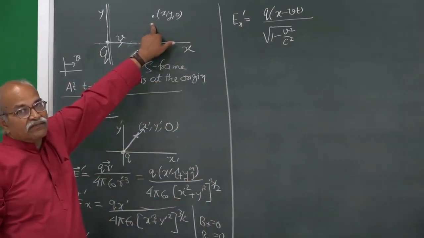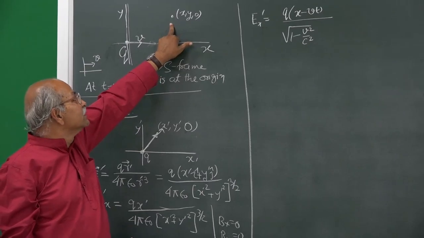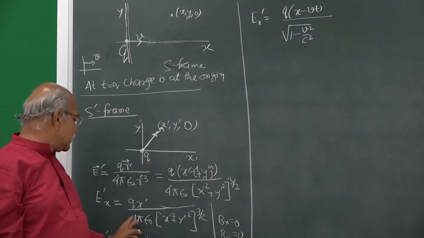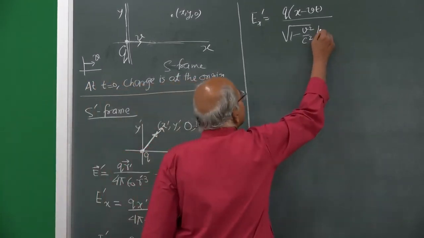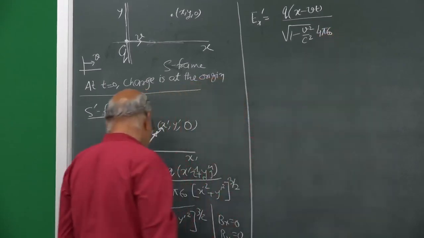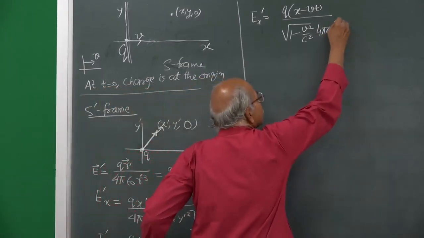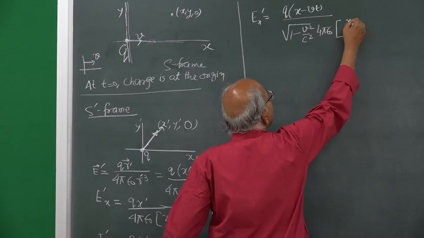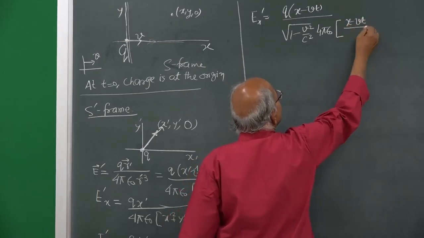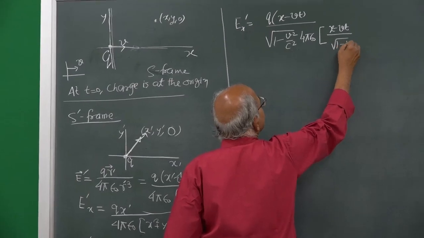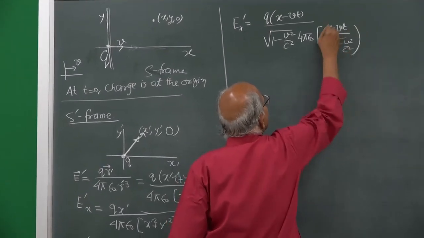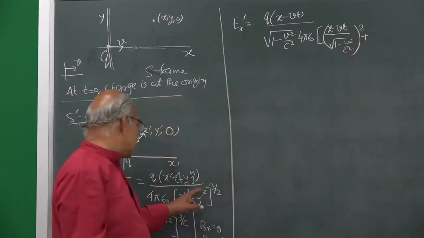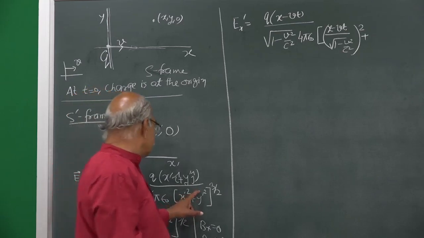Ultimately, I want to reach here in terms of x y. So, therefore, I am converting things in x y, divided by 4 pi epsilon naught. So, 4 pi epsilon naught here, and then the square of this bracket, x prime square. X prime square is x minus Vt, t is anyway 0. So, this divided by square root of 1 minus V square by C square, this whole thing x prime square, and plus y prime square. Y prime is just y. So, it is y square